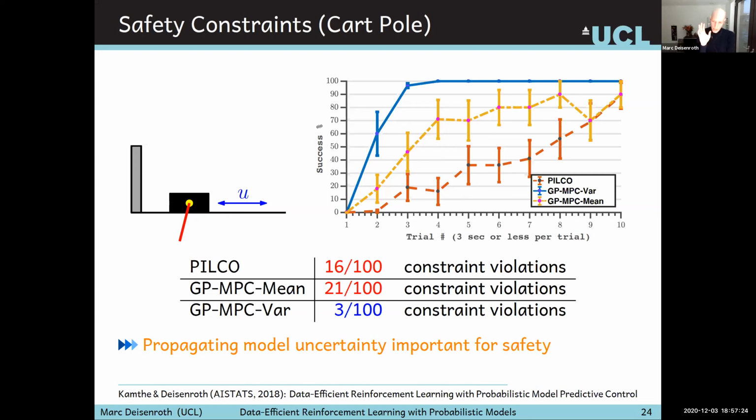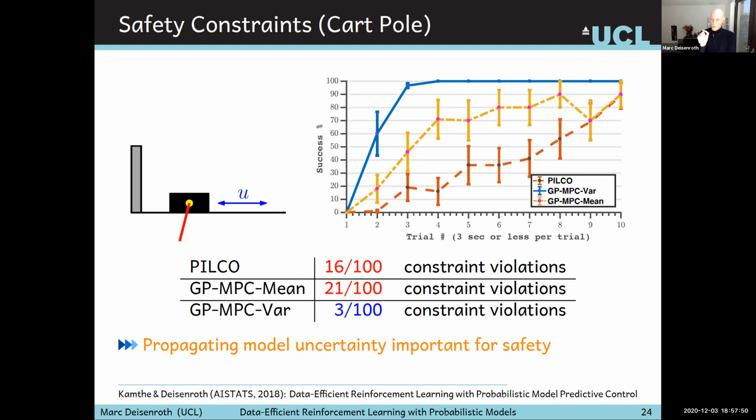No, let me explain this properly. So the red one is what it used to be before. The blue one is a Gaussian process where we do MPC and look at predictive variances to check whether the constraints are violated. And the yellow one is now a Gaussian process with model predictive control, but we only check whether the mean